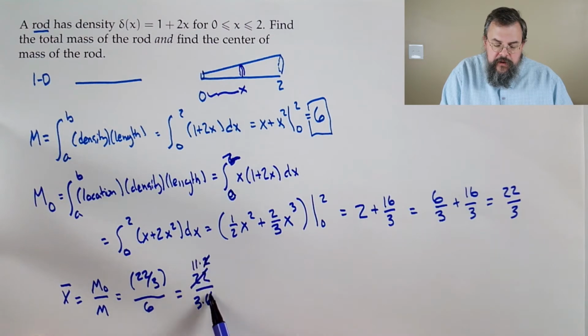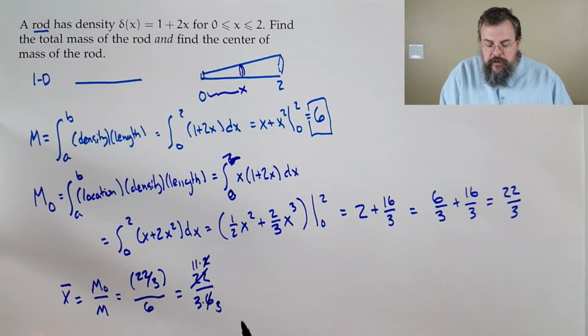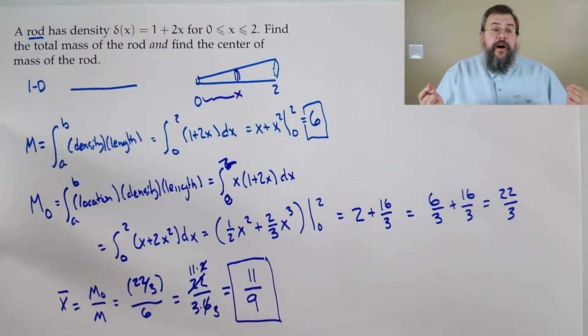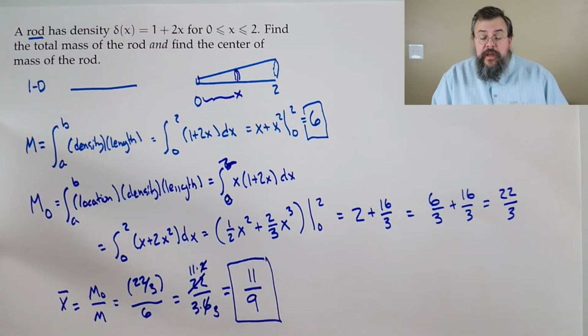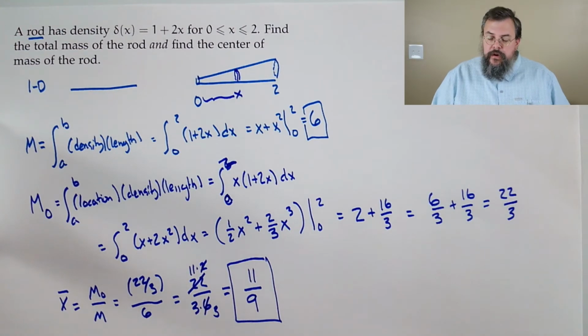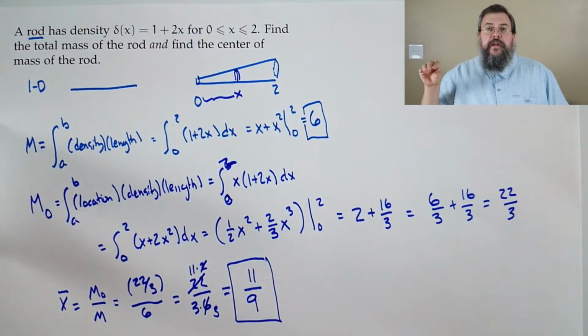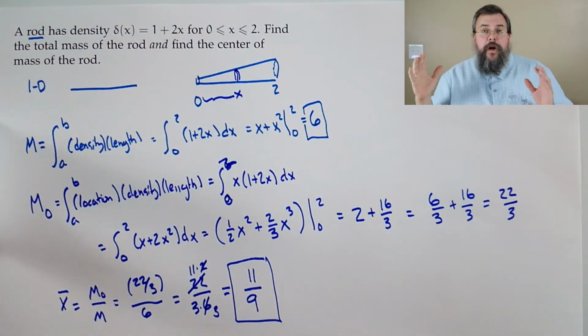And we say, okay, 2 goes into 6, leaving us with 3. So we have 11 over 9. And there we go. Now we should always stop and ask the question, is this reasonable? Well, let's think about intuitively what should be true. If I'm going here from a very thin to very thick, so thin to thick, where should my center of